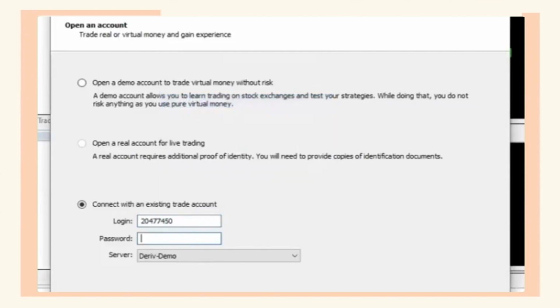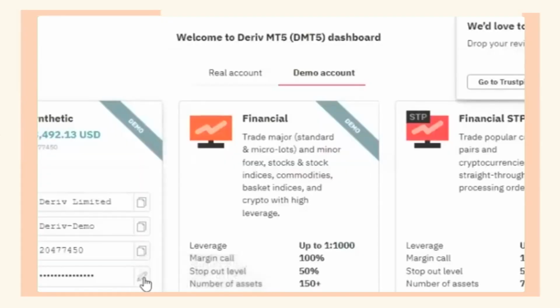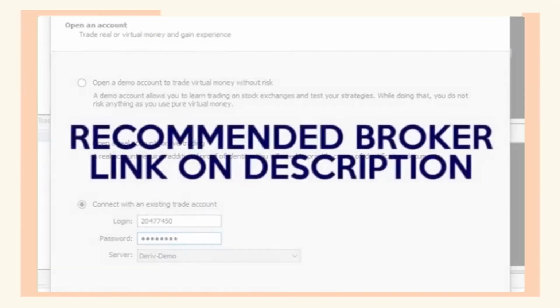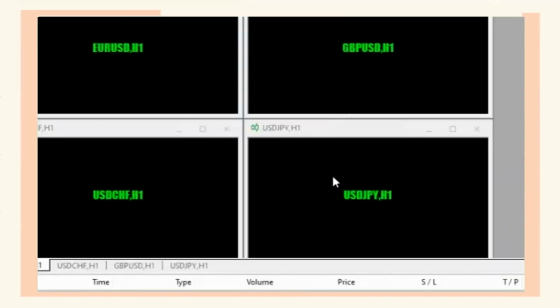I'll go back to the Deriv dashboard, and then I'm going to copy the password, right? I can actually copy the password that I got here. Okay, if the password is there, and I'm just going to go. All right. Now you can see that I have logged into the demo account, and you can see the balances